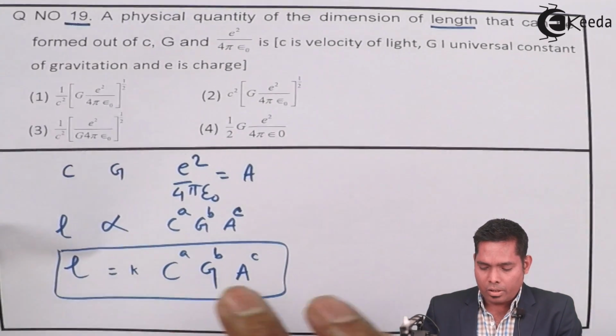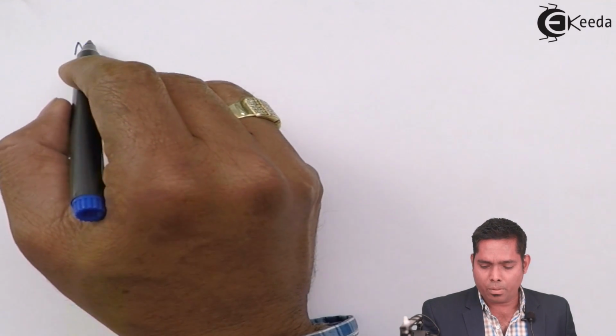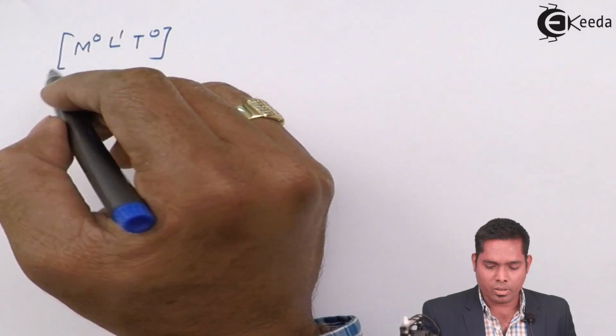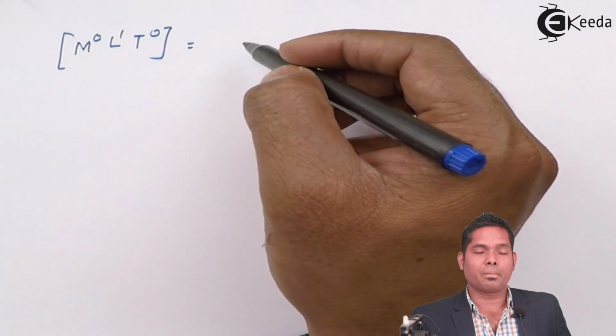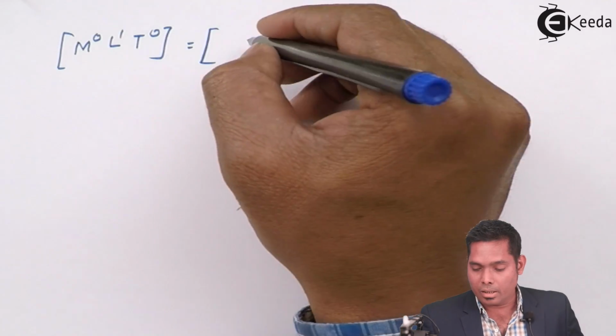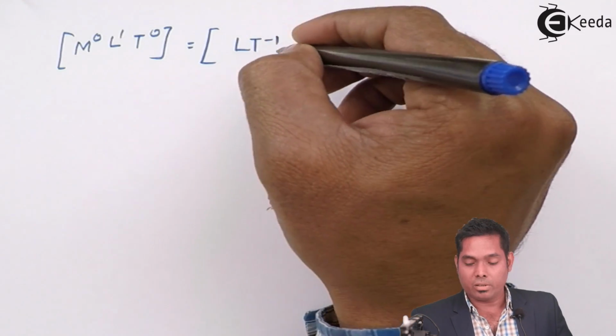In this equation the left hand side dimension is M to the power 0, L to the power 1, T to the power 0, because only length is there. On the right side, k is a dimensionless quantity and the dimension of c is L T minus 1, that is the velocity,